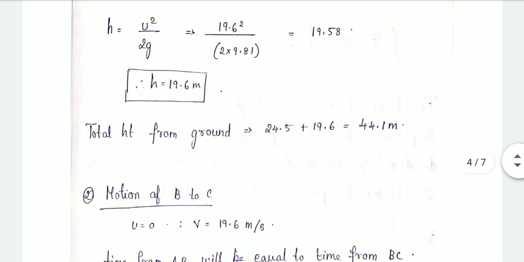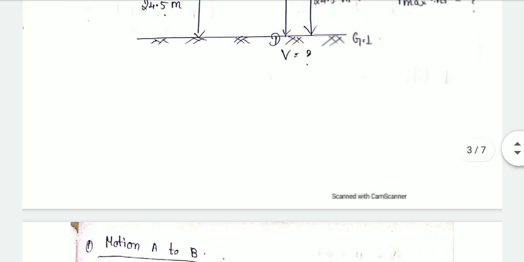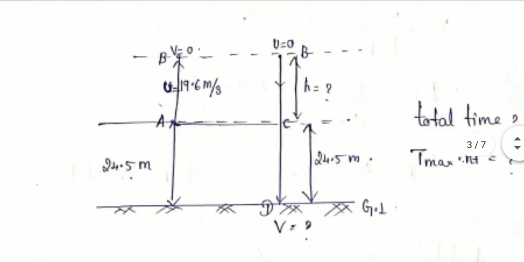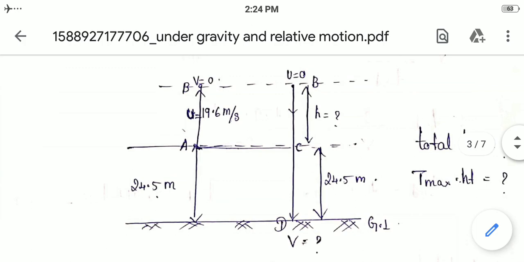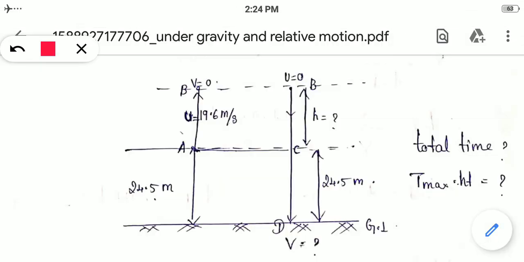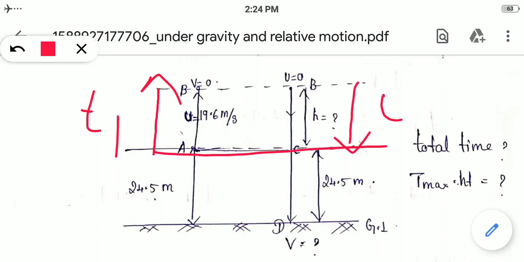We have to consider the second part, that is B to C. Listen now carefully. There are 3 time parameters here, that is T is equal to T1 plus T2 plus T3. Where are the 3 T's located? The time taken for me to throw the ball up is T1, the time for the ball to reach the floor level is T2, and from the floor level to the ground is T3. So the total time taken will be T1 plus T2 plus T3.